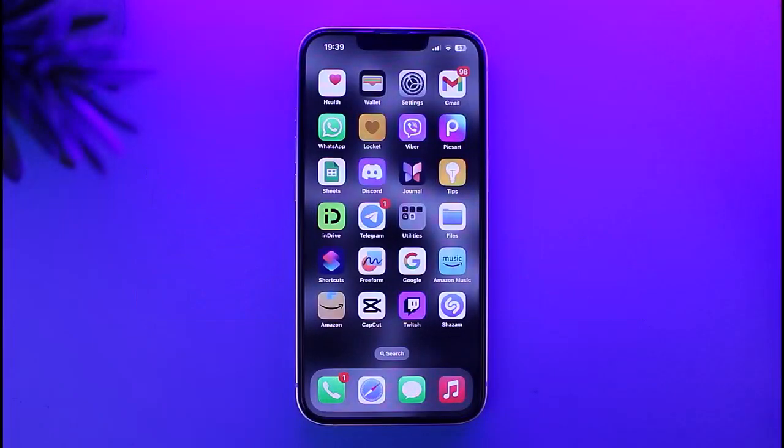In this video I'll show you how you can crop video in CapCut, but before that please do make sure